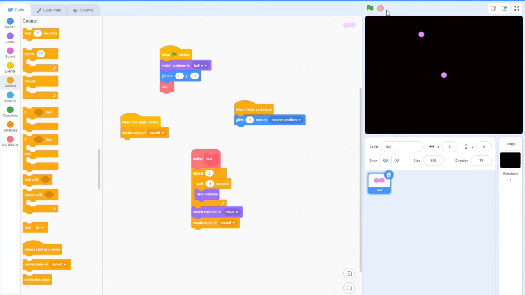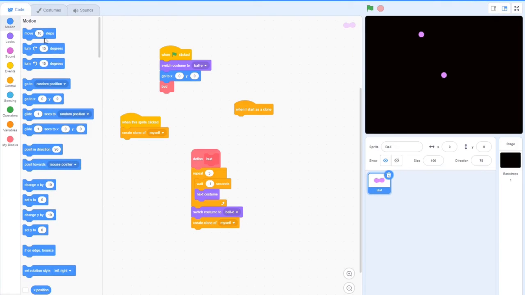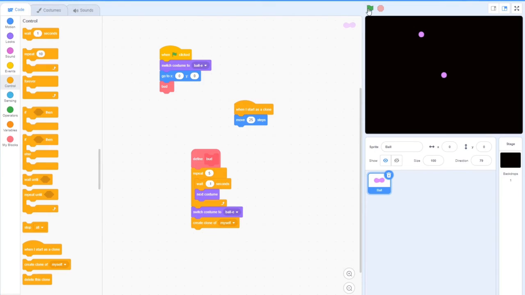I clone myself and it shoots off. That's great. But that's not what we really want to do. We don't really want to shoot off in a random direction. We want to do the program as you saw it in the preview. So really we're just going to move a little bit. We're going to move just a few steps away from the mama cell, and then start creating a new generation